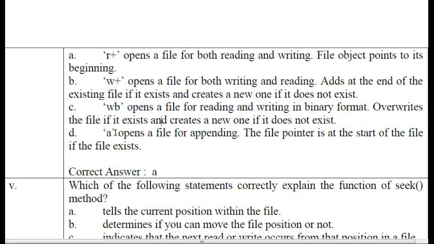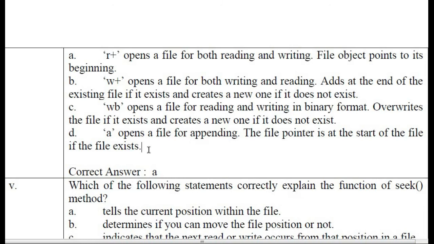Then go for the next option. a opens a file for appending. That is correct only. Then the remaining part, the file pointer is at the start of the file if the file exists. Is it true? No. The file pointer will be at the end of the file when it opens in append mode, then only it is possible to append or add the new content at the end of the already existing content.